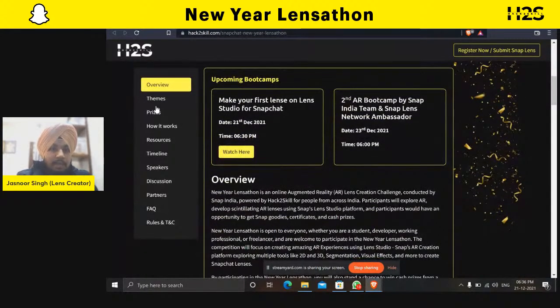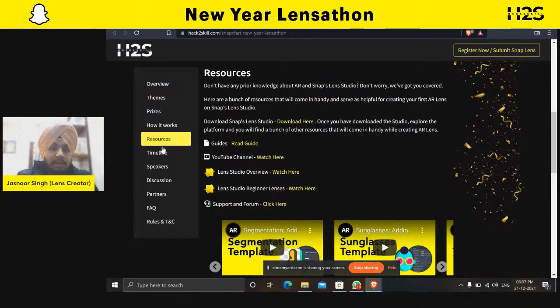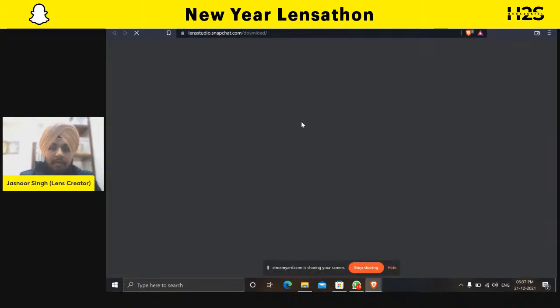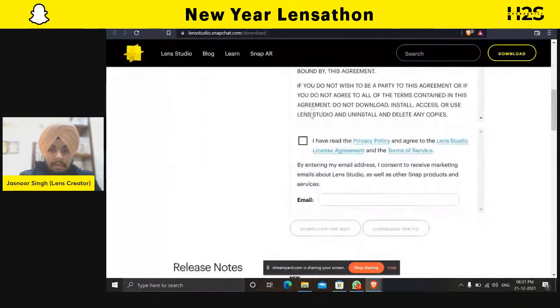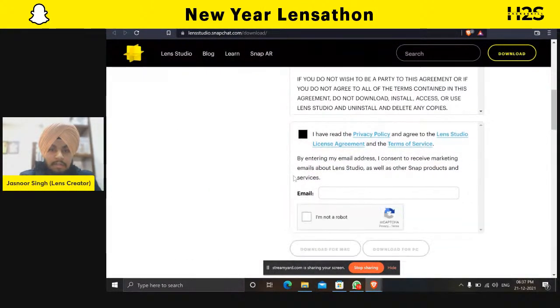The first thing is you have to download Lens Studio from this site. When you click at resources, you will be getting 5 points: guide, YouTube channel, Lens Studio overview, and Lens Studio beginner. When you click on this download option, you will be getting a link to download Lens Studio. When you scroll down, you will have a check mark option, you have to check mark this